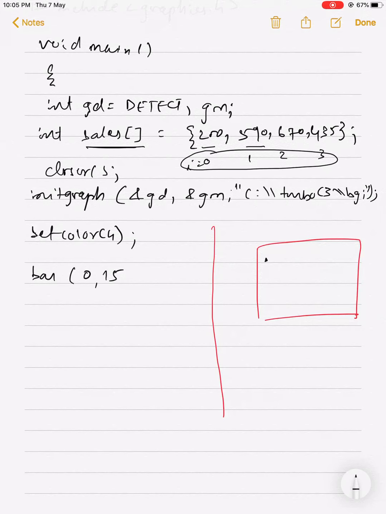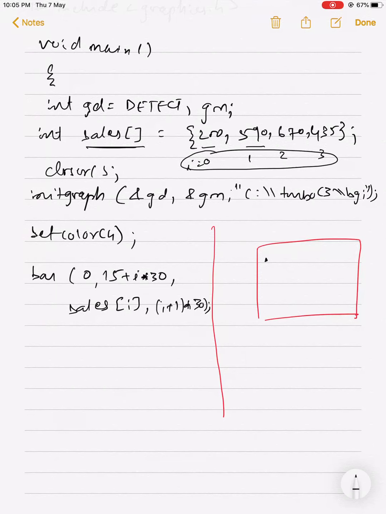Next graph should start from 0. Next graph also should start from 0. So I will make an equation, say i into 30, then sales i, comma, i plus 1 into 30.